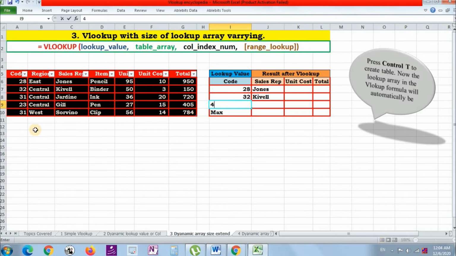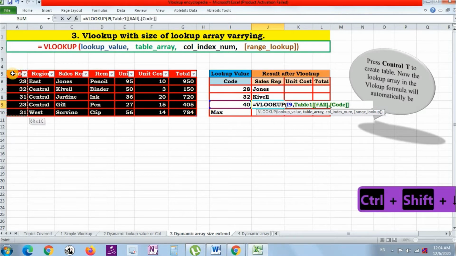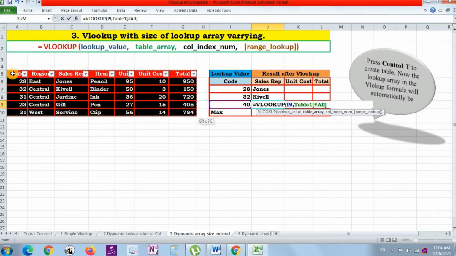Like suppose 40, and I'm applying VLOOKUP here. Table array, comma, sales rep 3, and it returns not available error.